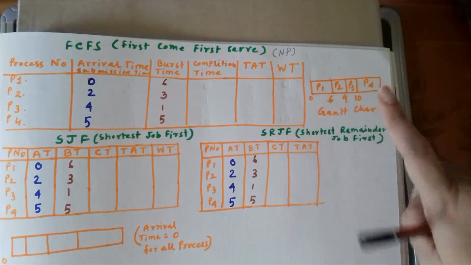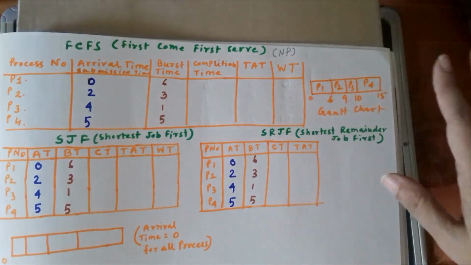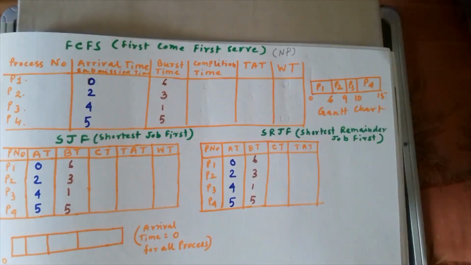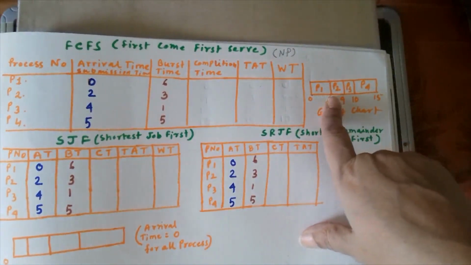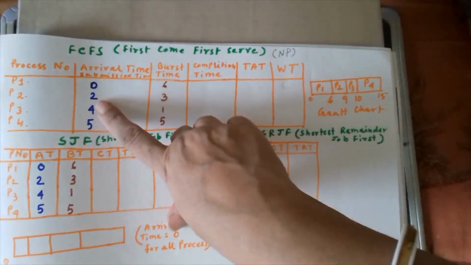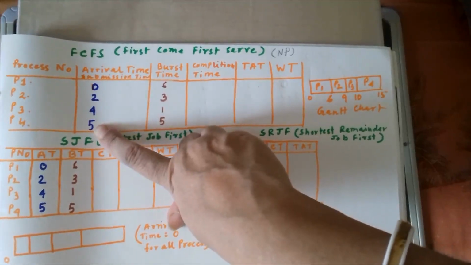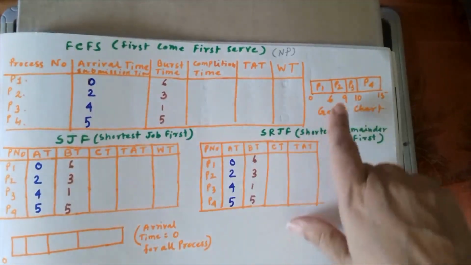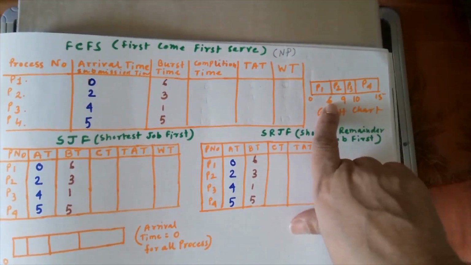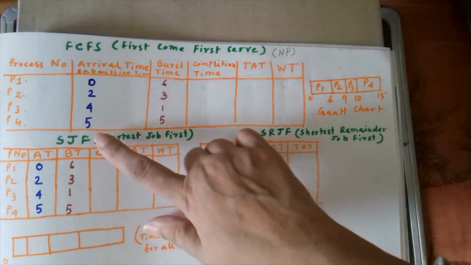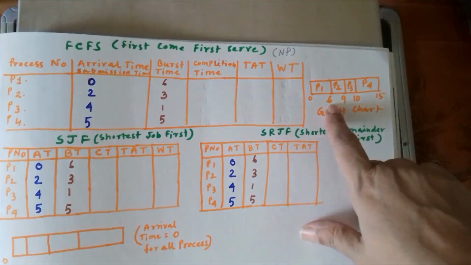The Gantt chart consists of the time the CPU is given. So time-wise you need to write the process. Then your work is to calculate all those things. Burst time is 6, so the CPU is given for 6. One surprising thing you notice: the second process arrived at instance 2, the third at 4 and the fourth at 5. But by the time P1 completes at instance 6, all those processes have arrived, because 5, 4 and 2 are all less than 6.